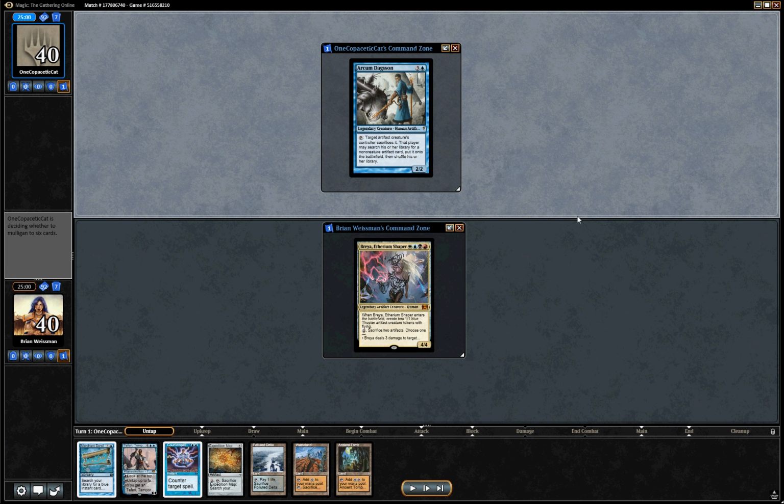mono-blue generals in the format, capable of tutoring up all sorts of insane artifacts that can either make the game unwinnable or at the very least make it extremely, extremely tough to come back from. It's kind of in that same category of generals like Zur, to a certain degree, of just generals that sometimes feel really unfair when they're played early, and especially off of Soul Ring or Mana Crypt or Mana Vault, where